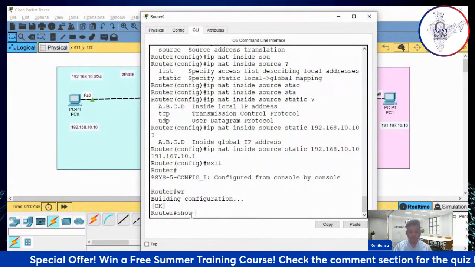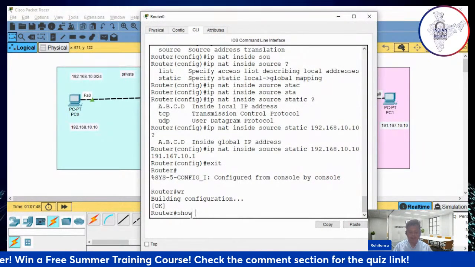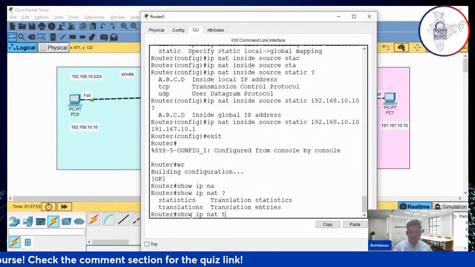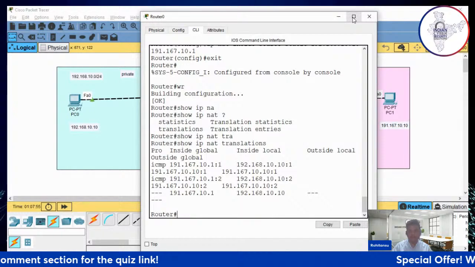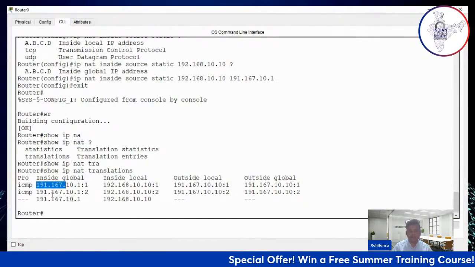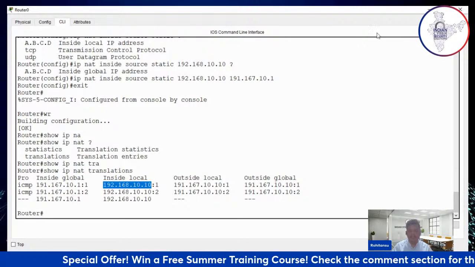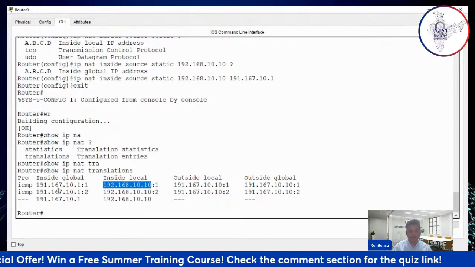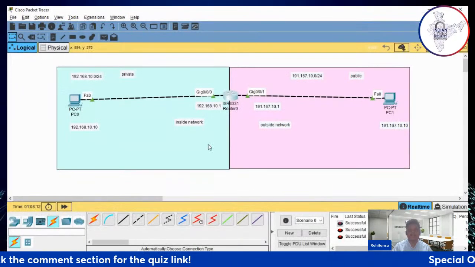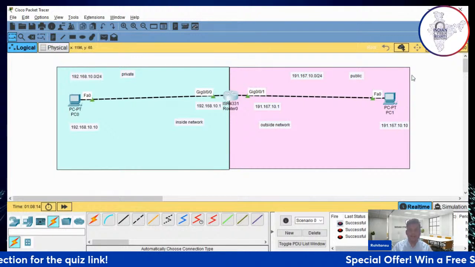So if I type the configuration something like this, show IP NAT translation, what is being translated. You can see this is the translation that we have got. Okay, you can see the inside local IP address 192.168.10.10 is converted to what? Inside global IP address, that is 192.167.10.1. This will act as a security when an attacker from the public place will try to attack,